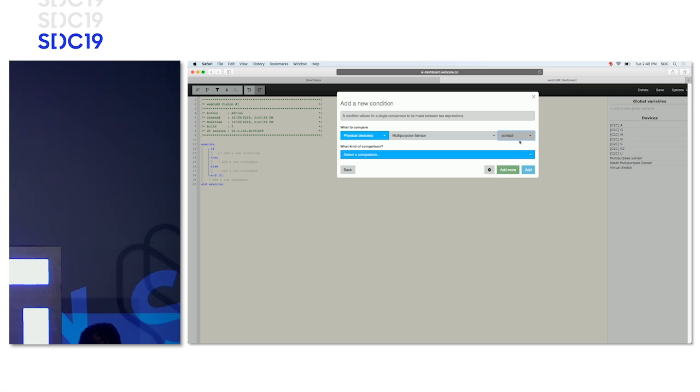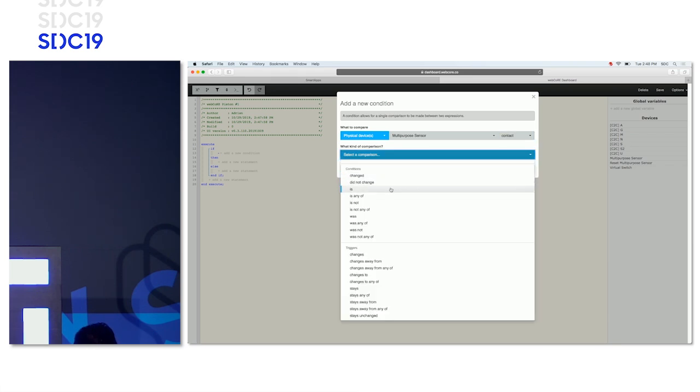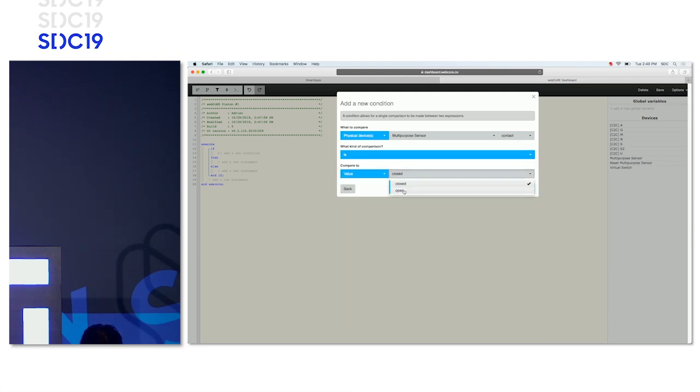Contact, I chose, this is a list of attributes available to me from that device. So I'm going to go with contact. And I can say is, there's a lot of conditions here that you can choose. I'm going to go with is open. So technically I'm saying if the contact sensor is open,